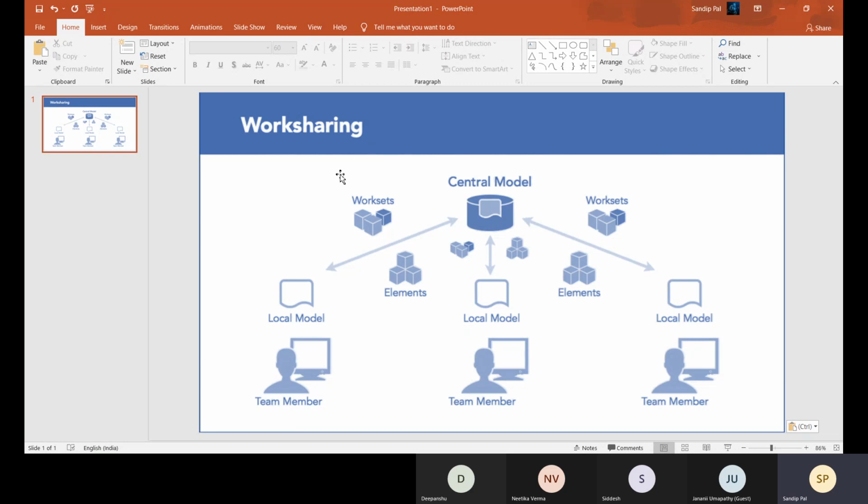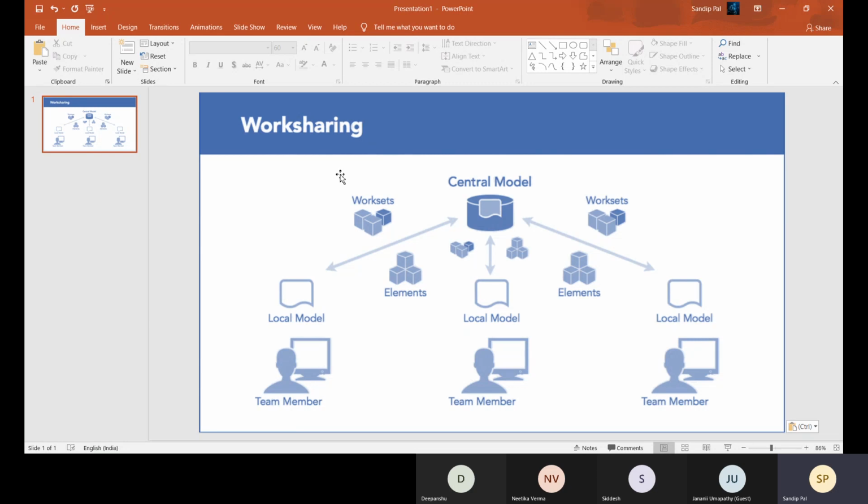Your local model is connected to the central model, so indirectly all the local models are connected.